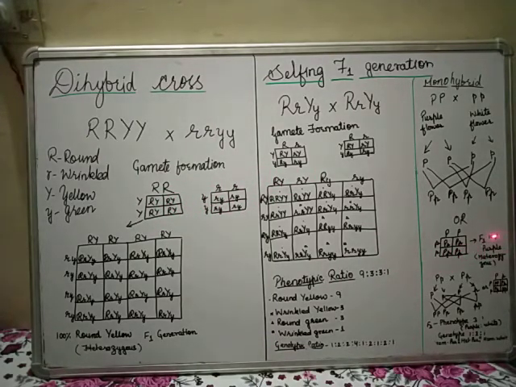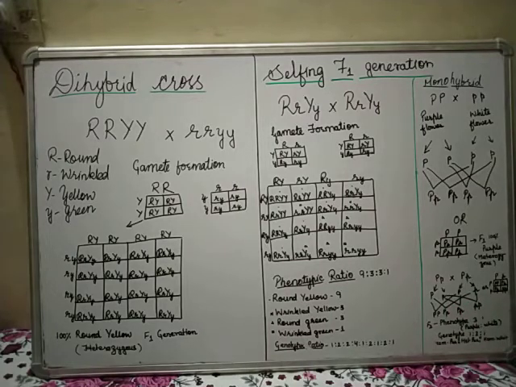So in the F1 generation we get only purple flowers, that is 100% purple flowers, and they are heterozygous in condition. In the F2 generation, if you carry out the cross between the F1 generation progenies, then we get purple flowers as well as white flowers. So in the F2 generation, the phenotypic ratio that we get is 3:1. 3 is the purple, 1, 2 and 3: homozygous purple, heterozygous purple, heterozygous purple.